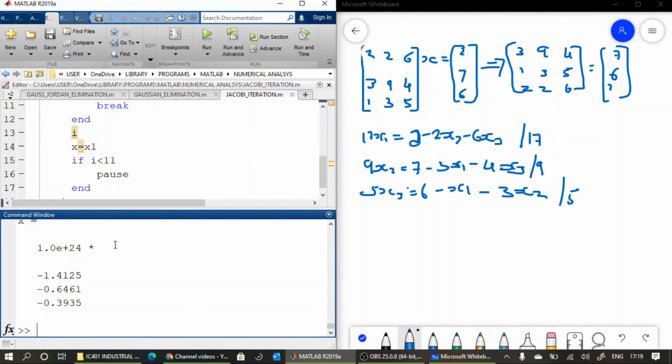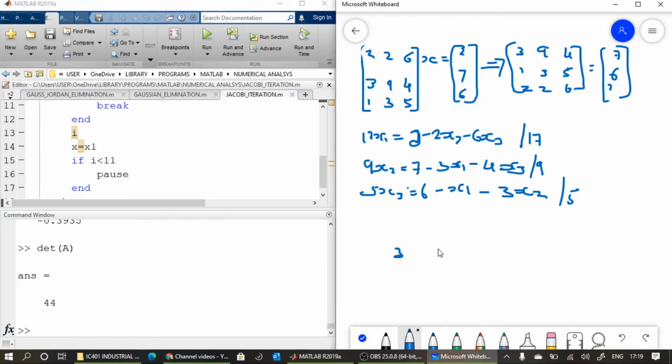Okay, so is it a problem of this method or not? Is it singular? So check the determinant of A. Determinant is 44. This one is a problem of this swapping. As per the class discussion, here clearly this 9 is the largest element. So if you are comparing x2, this one is the largest element. But here what is happening? That one is acting as the first row. So instead, if you keep this one as the second row, 3, 9, 4.